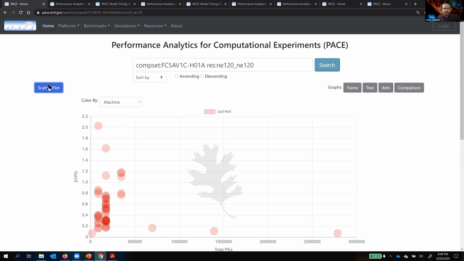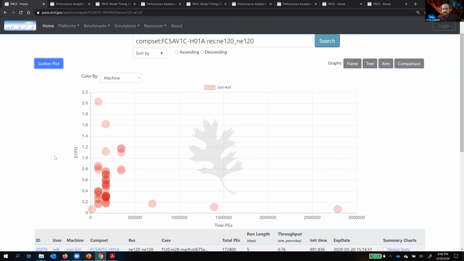One attribute I wanted to show you was, once you filter into a certain category, you're now looking at a particular model configuration's data. This is an overall scatter plot of the model throughput based on the various characteristics. The x-axis is the total MPI ranks, and the y-axis is the model throughput in simulated years per day.